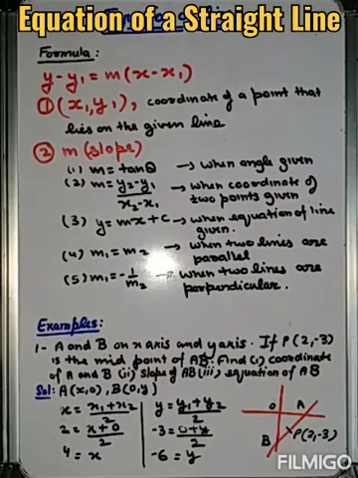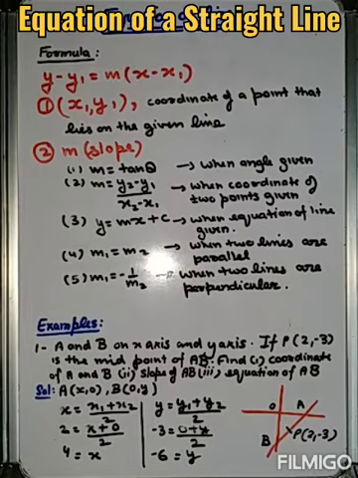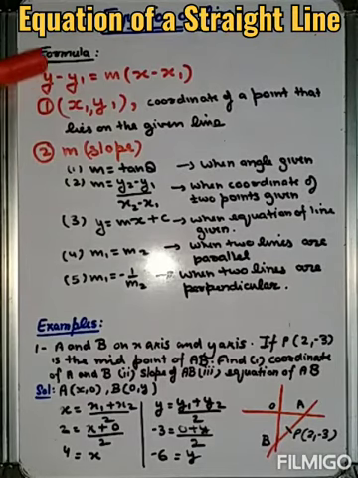So there are many formulas, there are many ways, but I suggest you to stick to this only formula: y minus y1 is equals to m(x minus x1), because there are many other formulas like slope intercept form, two-point form. So when you go with all those forms, sometimes you may get confused. So better go with this and only this single formula. With this formula you will be able to solve all the variety of questions, whether of any form. Clear? So I suggest to go with this formula only. y minus y1 is equals to m(x minus x1).